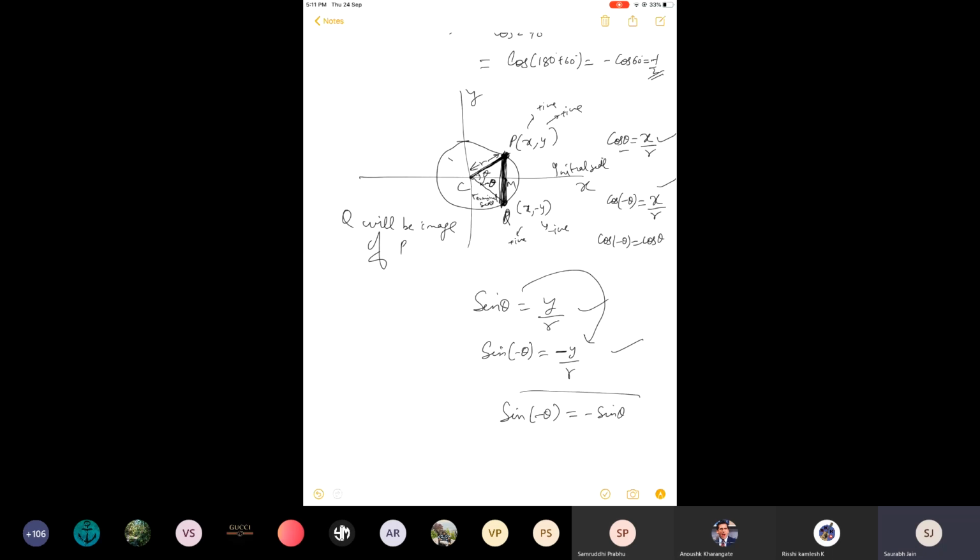Okay, so some of you were asking about the proofs. They are the proofs from the geometry in the reduction formula also. But if you go into the proof of every reduction formula, it will take a lot of time. And I was planning to complete sets and relations also by the first week of October, because some of you are having school exams. That is why we may skip the proofs, and skipping them will not stop you from solving any question till IIT Advanced.